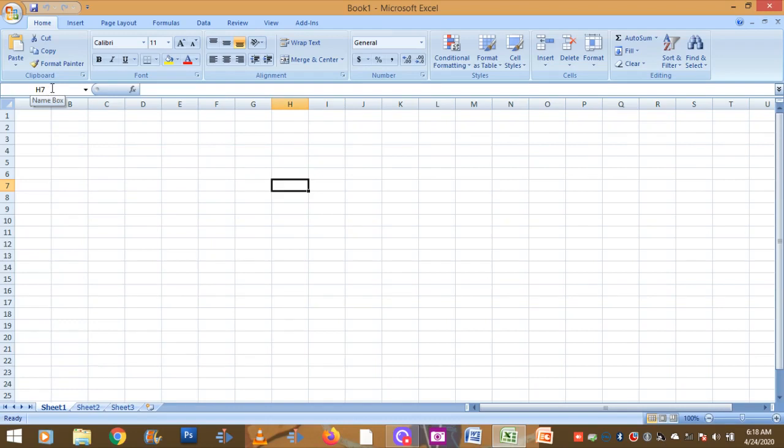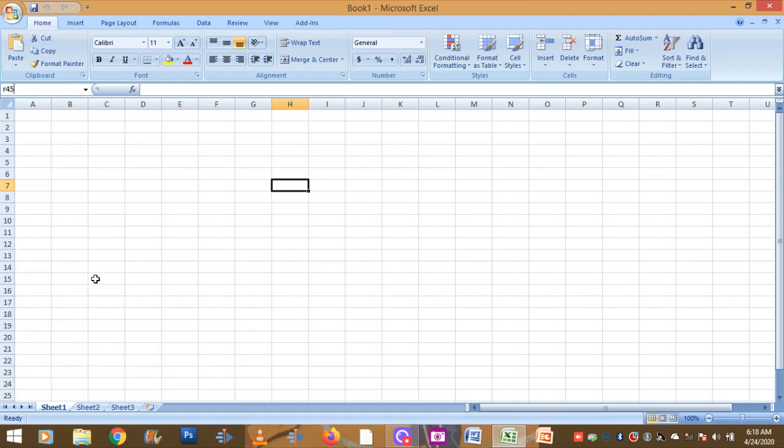Another use of this address bar is, after clicking here, you can type an address. I am typing R45. It's the address of a cell, that means column R and row 45.